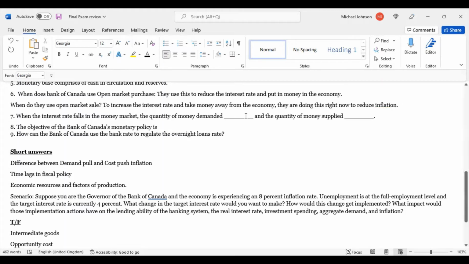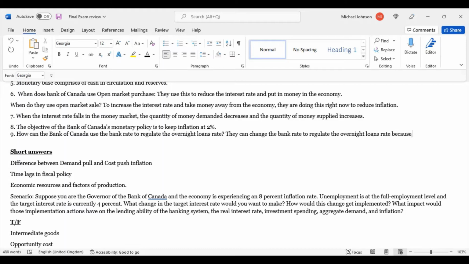When the interest rate falls in the money market, the quantity of money demanded decreases and the quantity of money supplied increases. The objective of the Bank of Canada's monetary policy is to keep inflation at 2%. How can the Bank of Canada use the bank rate to regulate the overnight loans rate? So they can change the bank rate to regulate the overnight loans rate